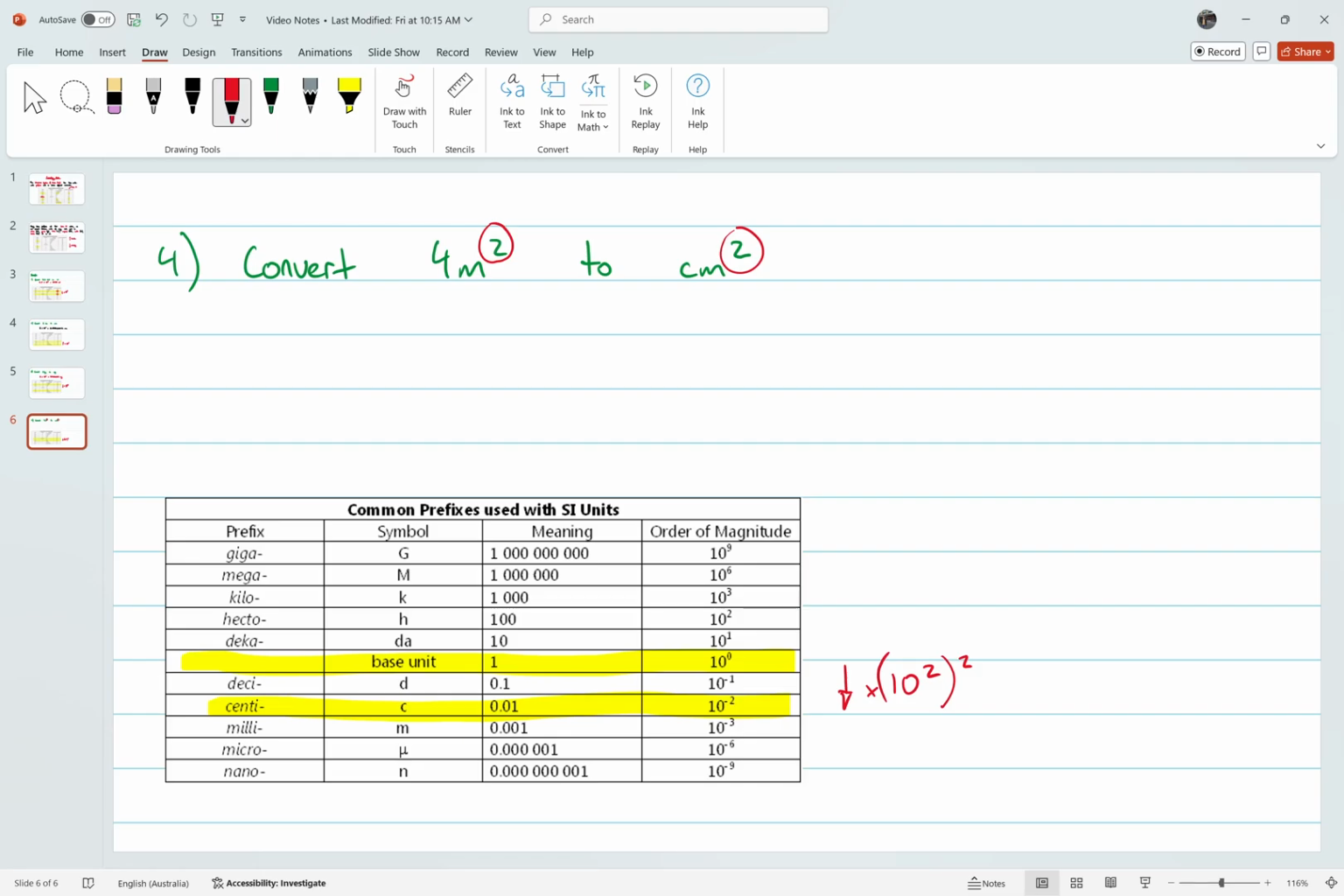I'm just doing this in my calculator. 10 squared, and then that's to the power of 2, which is 40,000 centimeters squared. By the way, some of you guys might remember your index laws and might know that 10 to the power of 2 squared is the same as